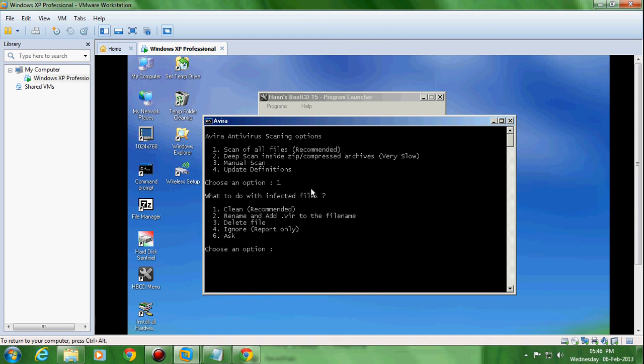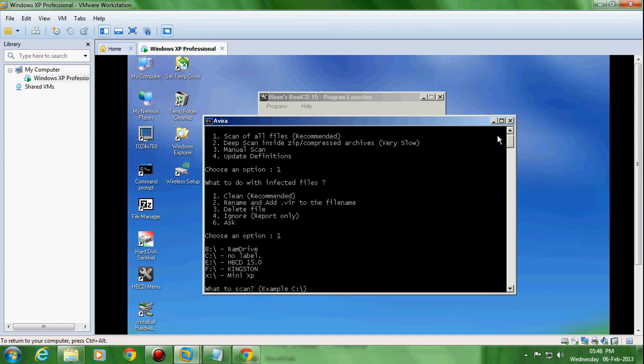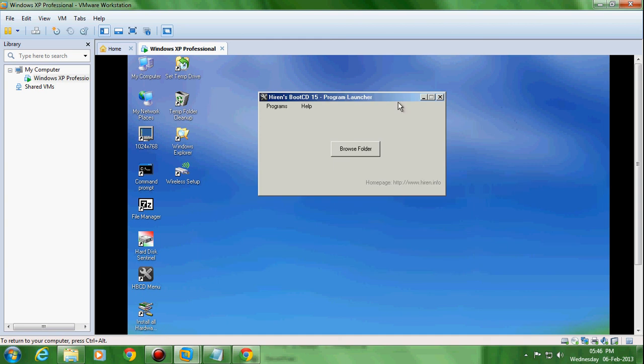Then select the clean option. Then it will ask for the drive in which you want to clean the virus. Select first C, then D, later on E. One by one finish all the drives and close it, and then start the operating system.